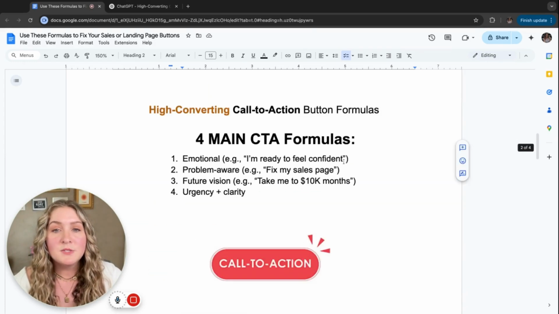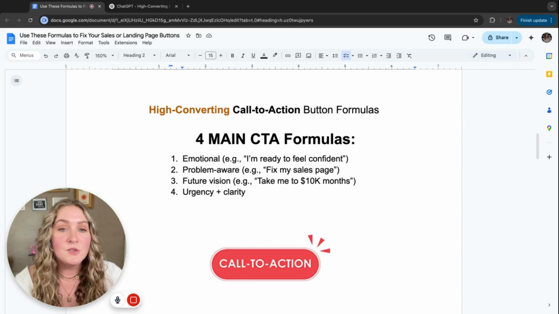So when it comes to the call to action buttons, there are 4 main formulas. They hit the main points of emotional, problem aware, future vision, urgency, and clarity. These are the topics that we're trying to hit. The actual formulas are put inside of the free tool down below, but I want to go over 2 main ones you can use depending on if your buyer is more